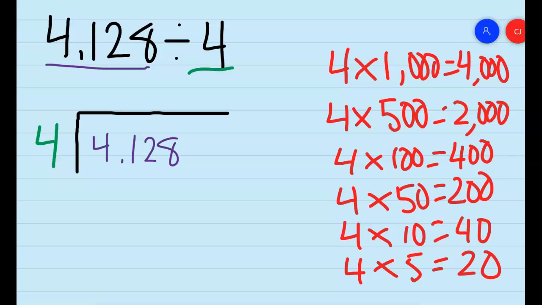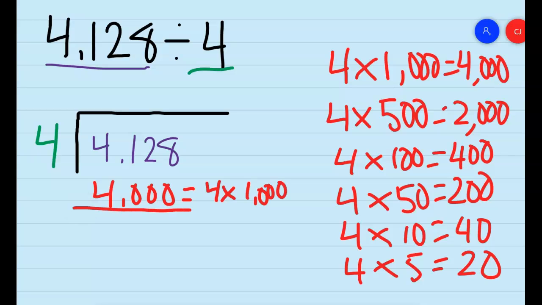So they can say, okay, well, I know that 4 times 1,000 is 4,000. That's very close to 4,128. So what I'm going to do is I'm going to write 4,000 here. And I know the way that I got that was 4 times 1,000. And then they would subtract to get their new dividend. And their new dividend, of course, would be